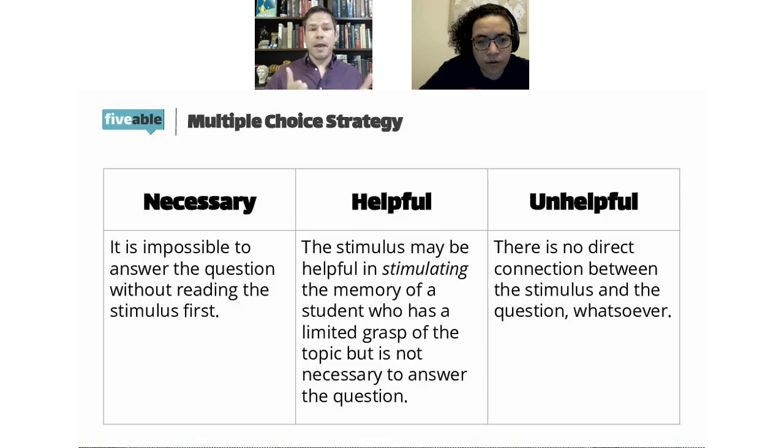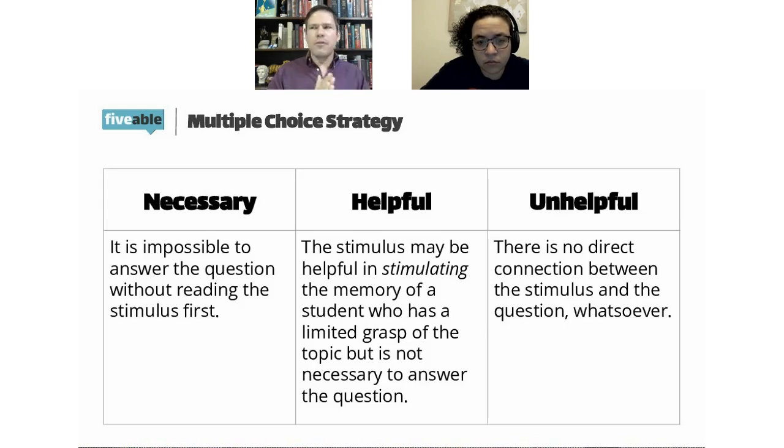As teachers, you've probably had situations like me where you make copies of the test, and then the student asks, hey, I can't really see this visual thing, and I tell them, you don't actually need that visual to answer the question, so don't even worry about it. A lot of times these visuals are put up there and they're not as necessary as one might think. I tell the student, see if you can answer the question without looking at it, because a lot of times students think, I've got to take this in order to get the right answer.